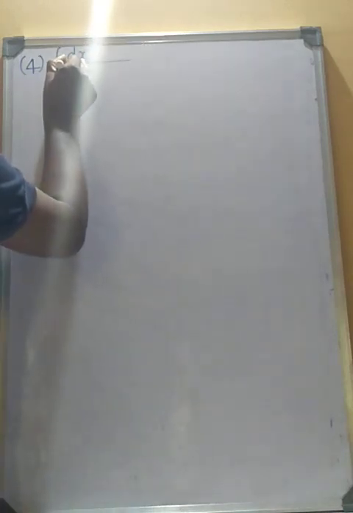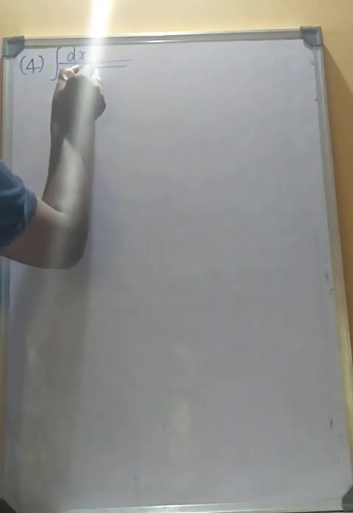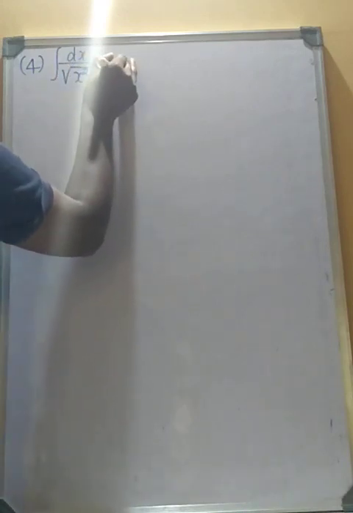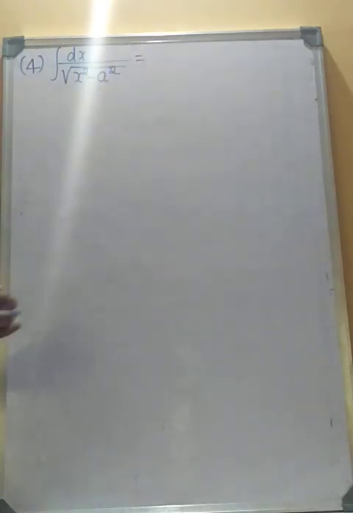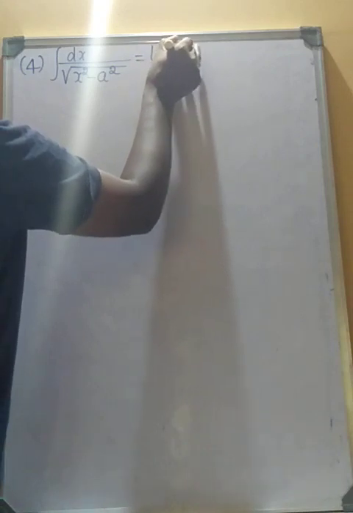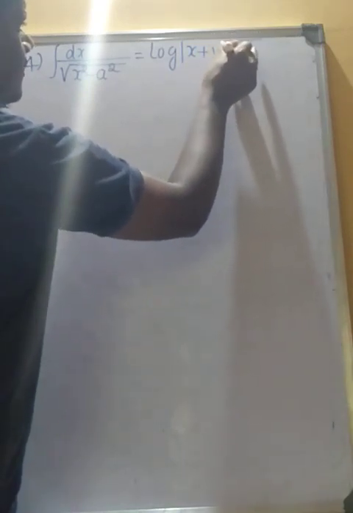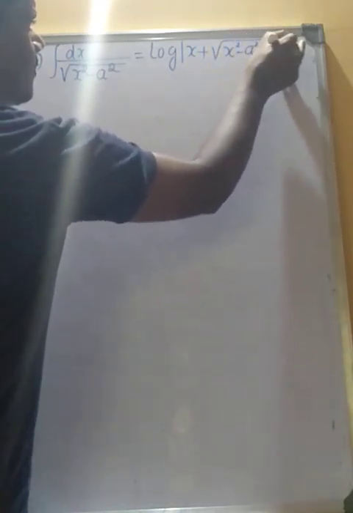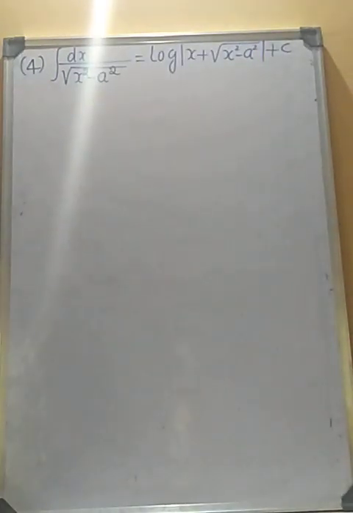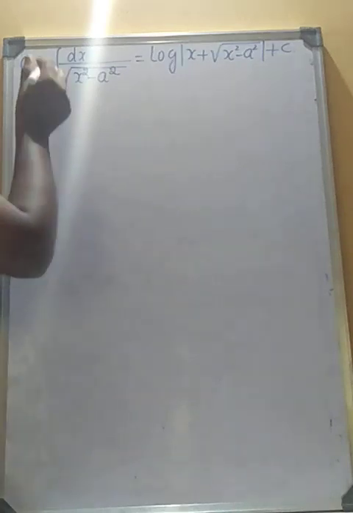The next one more function, integral function, that is example 4 or fourth one: integral of dx dividing by square root of x square minus a square equals log of mod x plus root of x square minus a square plus c. So one more function. Proof: